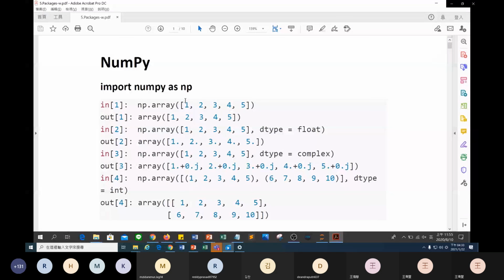You can put a list 1, 2, 3, 4, 5 to make a one-dimension array. And then you will get the output. It will show this is an array, and the content of this array is 1, 2, 3, 4, 5. Of course, you can define the type. For example, if you input the parameter like dtype equal float, NumPy will know you want to make this element